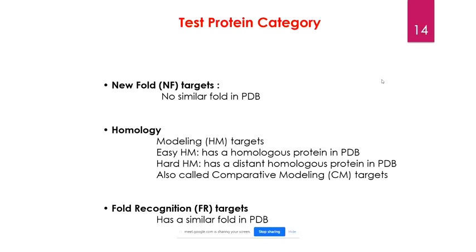Hard homology means that the particular protein might not be a direct link-up. It might be a far away link-up. For example, suppose today you found a hexokinase from a fish. Now the hexokinase of a fish and the hexokinase of a human are not going to be similar. They are going to be completely different. Hexokinase of a zebrafish and hexokinase of a human are going to be different, right? It's going to be different because it belongs to a different species.